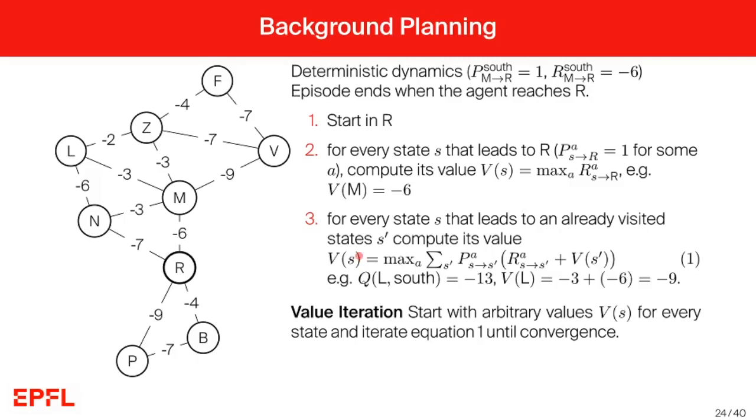Now what is important about this method is that it does not at all care about where we even start. By running value iteration, we will learn the V values and the Q values of all the cities in this graph, and afterwards we can just use these Q values, for example, to know that from Frankfurt we should go to Zurich and not to Vienna to go as fast